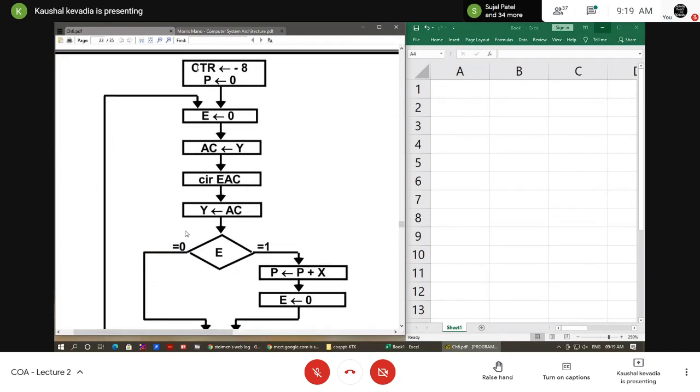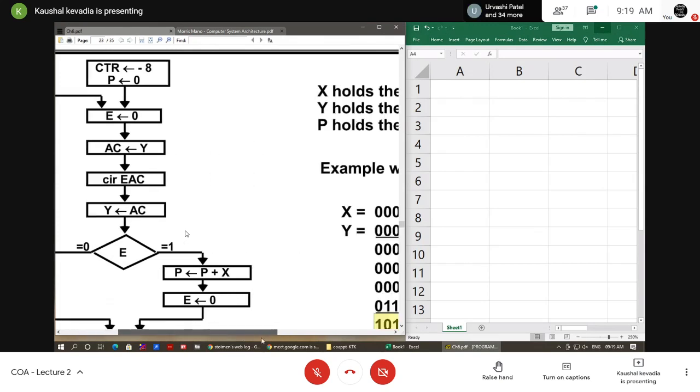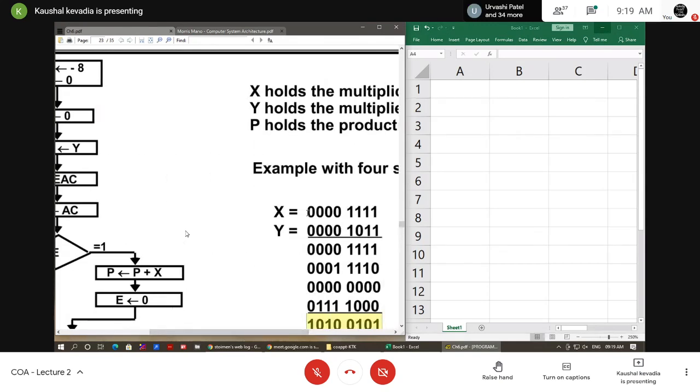So first, CTR has a value of -8. Why are we taking the -8 value? Because we know how many numbers we have to process: there are 8 bits we have to process. Okay, then after that